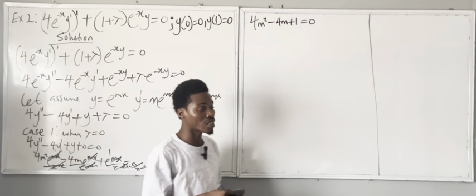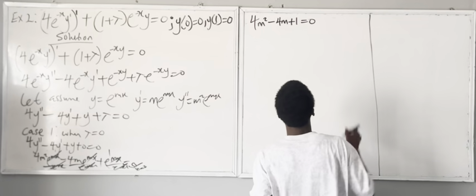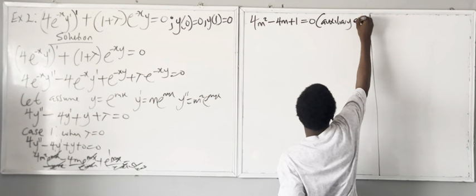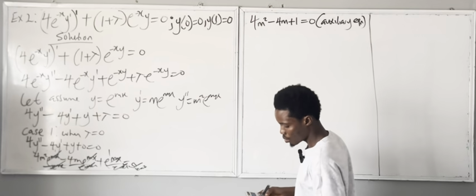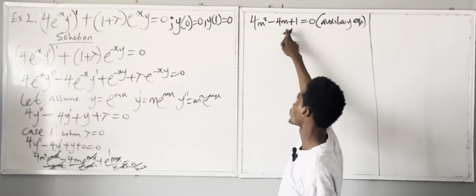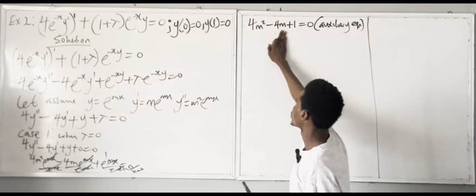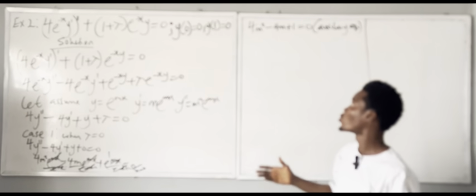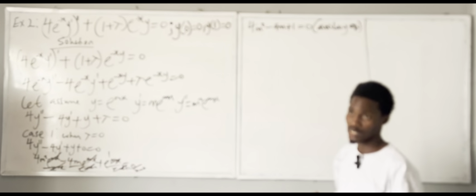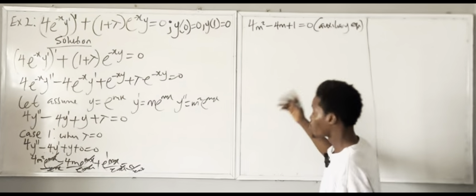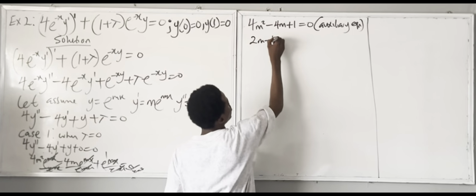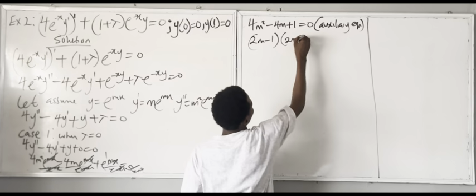You can see that this is an auxiliary equation. So how are we going to solve this? It means 4m squared minus 4m plus 1. To solve this equation, I can use the factorization method, or I can use the quadratic equation. Because of our time, using the factorization method, I'm going to have 2m minus 1, then 2m minus 1